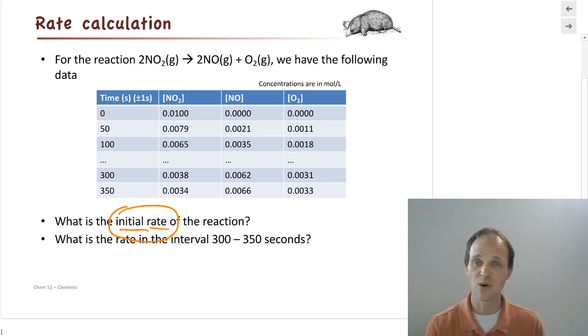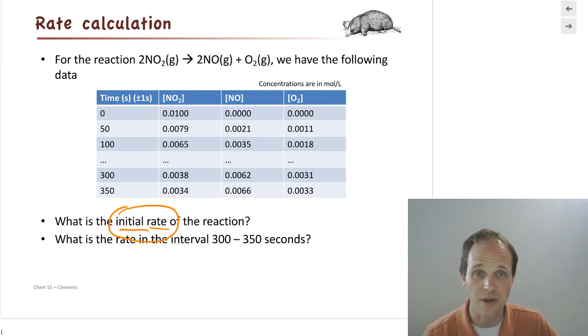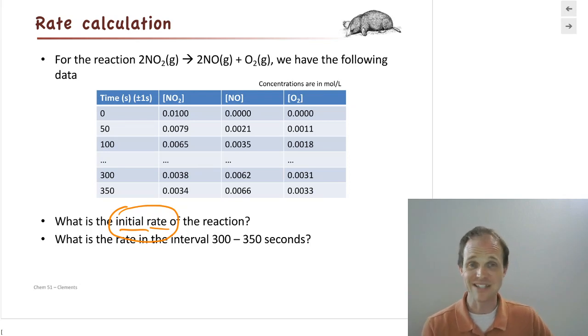Here, we're not taking a whole lot of data. We're taking data at 0 seconds to 50 seconds, right? And my concentration changed, if you calculate it, by about 21%. That's a decent change, right? So it's not like we have really fine-grained data here. So to me, initial in this case might mean, hey, I'm just going to use the first 2 data points.